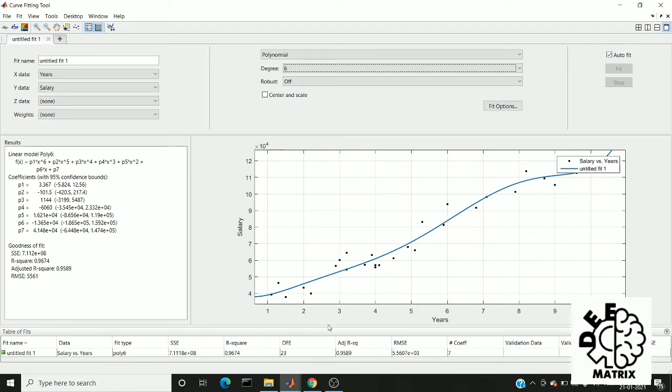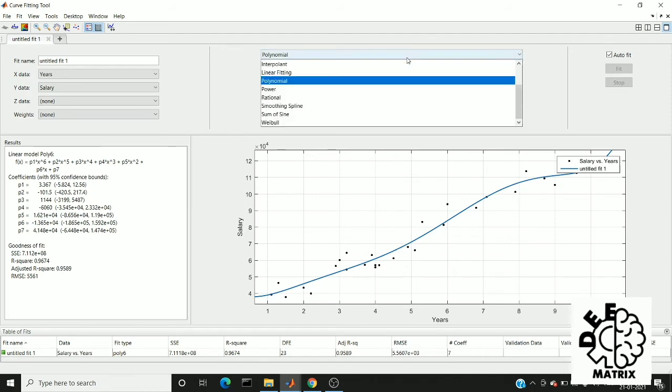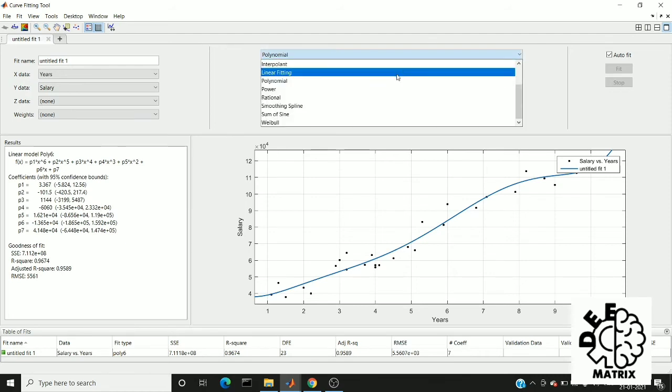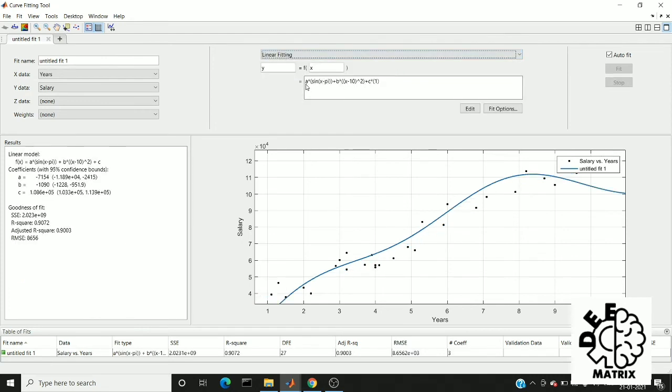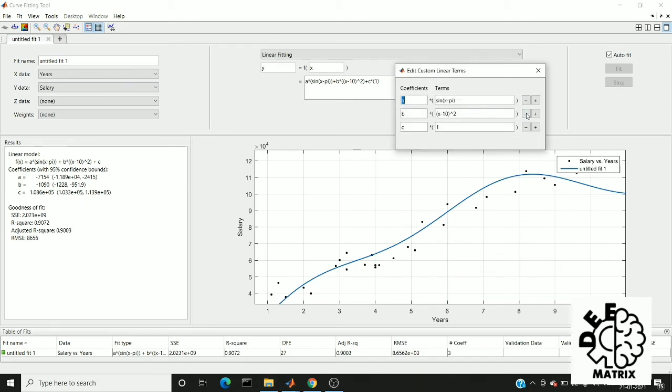These are some big concepts which I couldn't explain in this video. For a better understanding of these concepts, just go to the statistics part, because it is more about math. And this is the RMSE, which is nothing but the root mean squared error. We have an option to choose different things, for example polynomial fit and linear fitting. Linear fitting is more about defining a formula on our own. You can define whatever you want.